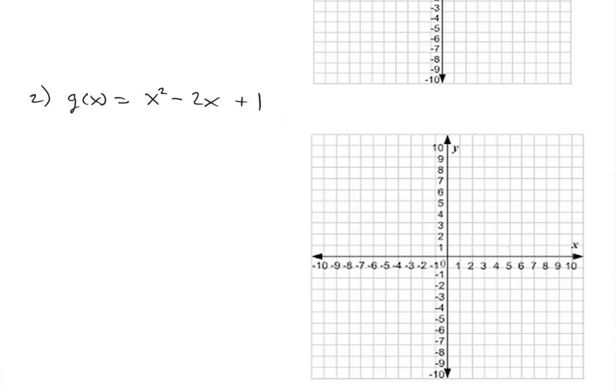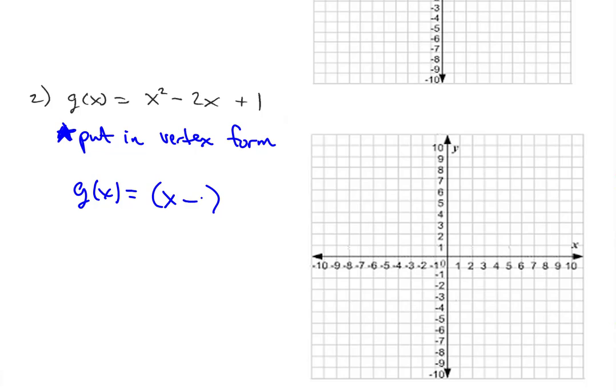Okay, there's a lot you can do to go through that. But I'd like to go maybe a slightly different route, just as an example here. Let's take this one and put it in vertex form. So we know what vertex form is, and we've seen how useful it can be. When given a function in standard form, you actually can put it in vertex form. And sometimes you have to complete the square to do it, but in other times, such as in this one, you can simply factor. This is actually a perfect square, which could be factored into x minus 1 in parentheses